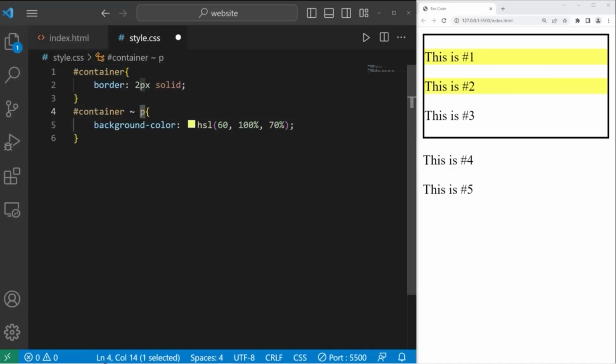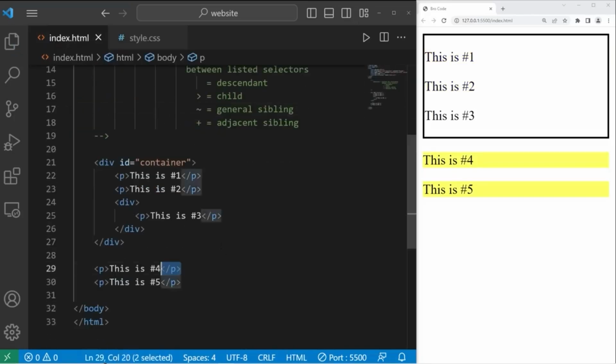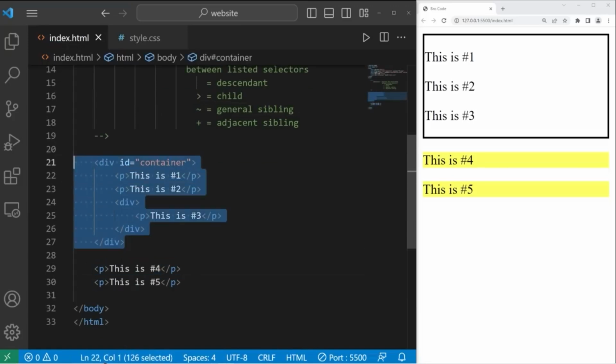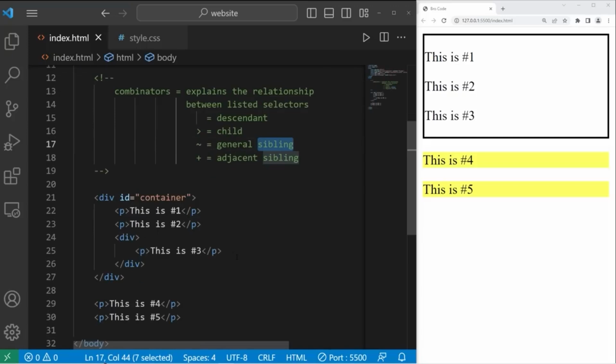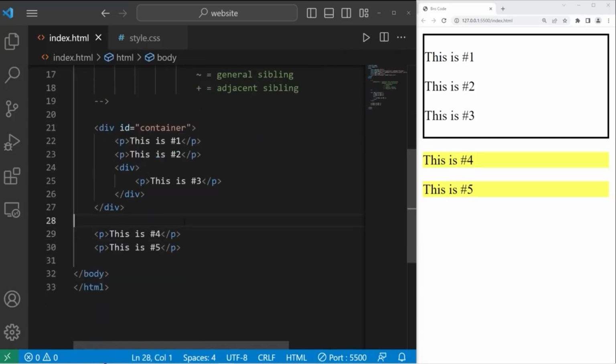Take any paragraphs that are general siblings of our container. That would highlight 4 and 5. Paragraphs 4 and 5 are both siblings to our container. They're both considered children of the body of my document, therefore they're siblings, like brothers and sisters. But if I were to wrap these 2 paragraphs within a div section,